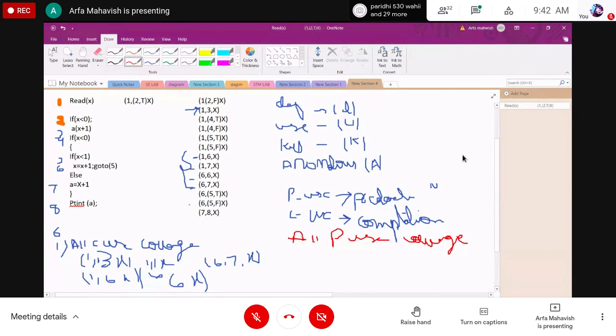All P use coverage is nothing but the predicate value, so you have to write the predicate value in the all P use coverage. Can anyone say what all P use coverage is? It is nothing but these values, the condition, this one line. Here you are using the first line and the variable which you are assigning, and at which line that variable is true or false we are defining over here. Which condition it will get true or false, we are showing over here. So you have to write the all P use values. That one is 1, 2, T and X.